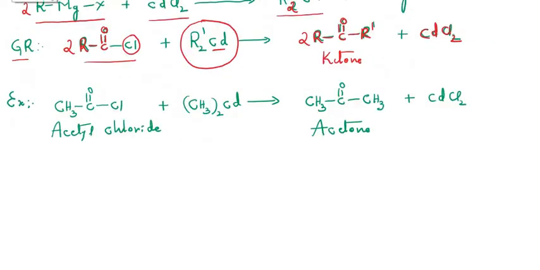Now I have written an example here by taking acetyl chloride, and when it is treated with dialkyl cadmium, that is dimethyl cadmium, cadmium is going in the form of CdCl2, so therefore Cl should be how many times here? 2 times. So therefore we are writing here also 2 times. When I write here 2 times, students, this part becomes 2 times, so here I have to write 2 times. Is it clear, students?